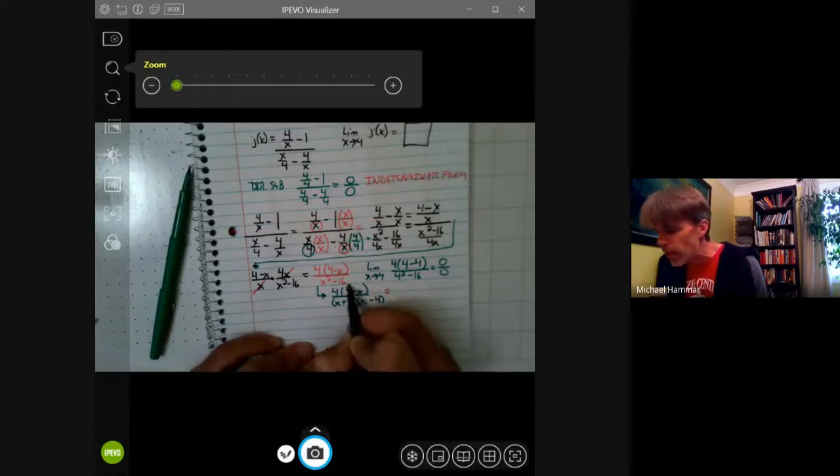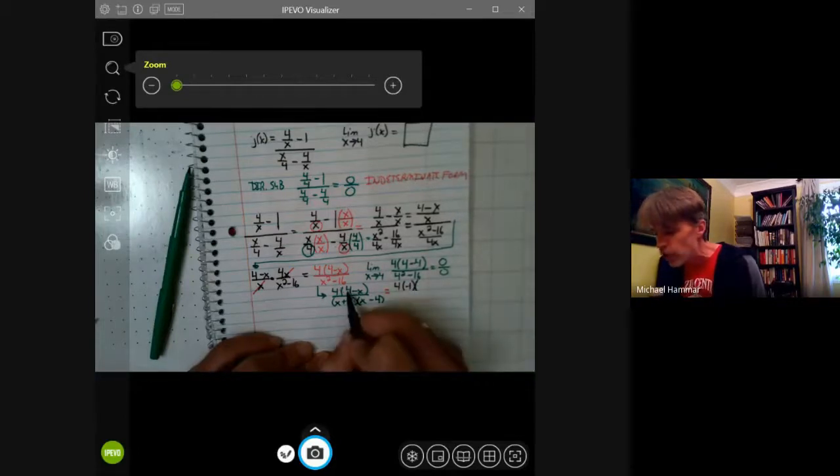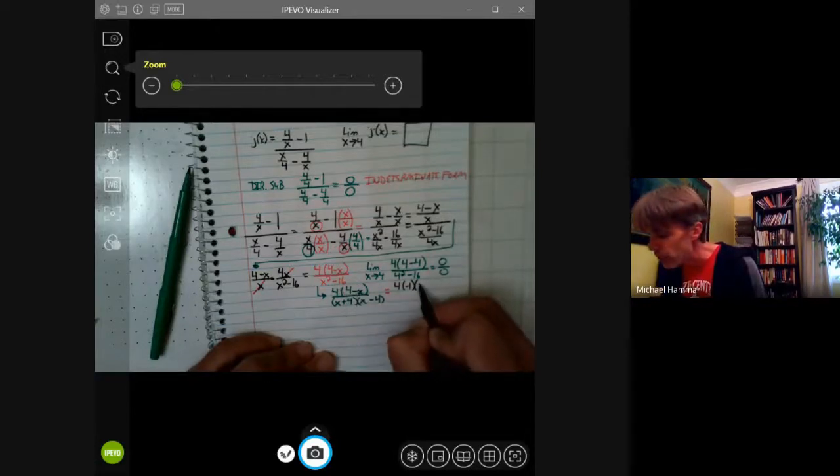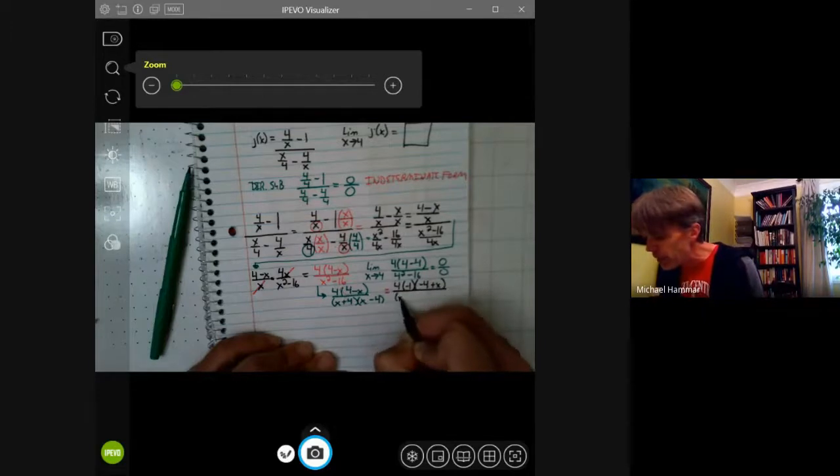So if I take -1 out of 4 minus x, that changes the sign on everything. So I'm going to bring the -1 out, and then I'm going to change the sign on everything in the top part of this fraction. So it's going to become -4 plus x,